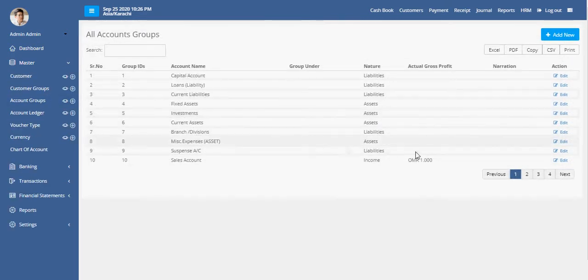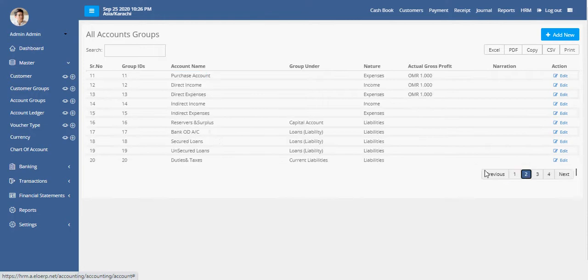In account groups, this is part of chart of account. So the basic account groups are defined here, like capital, loan, current liability, fixed asset, investment, current asset, and other accounts, sale account, purchase, direct expense, indirect expense. So these are the basic account ledgers